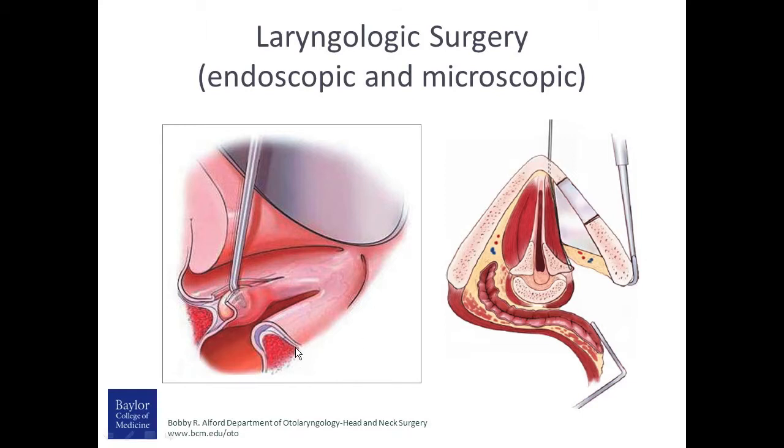So this slide represents different types of laryngologic surgeries that we can do. This one represents microlaryngeal surgery, so we do it through a direct laryngoscopy approach like we showed before, and we can work under the microscope to excise various lesions of the vocal fold. This is a diagram representing a type 1 thyroplasty or medialization procedure where we can actually implant, through an open neck approach,